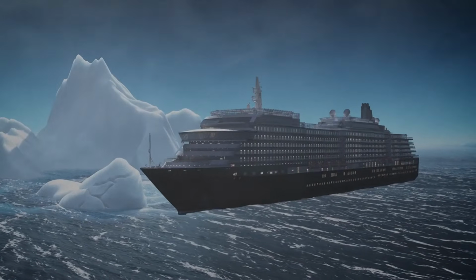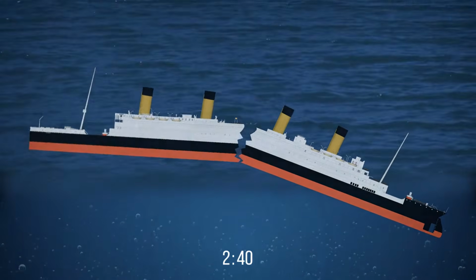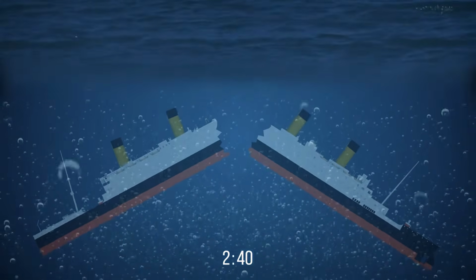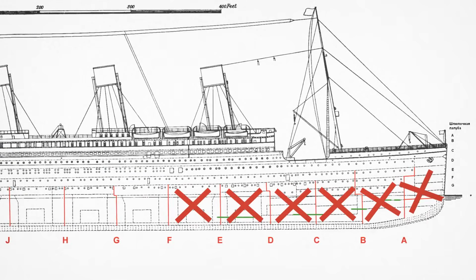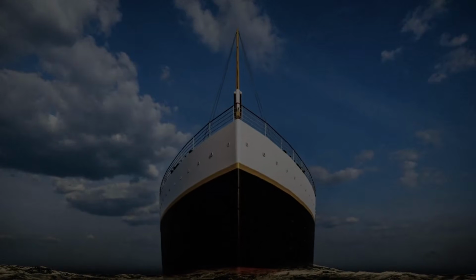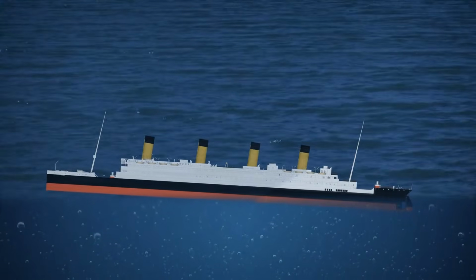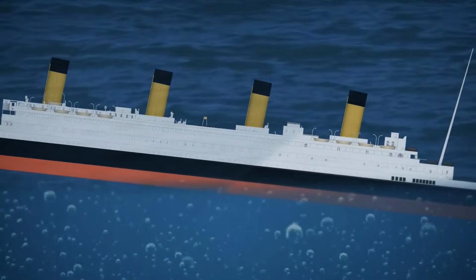When the famous ocean liner hit that iceberg, things got really messy. It took the future movie star a whole 2 hours and 40 minutes to submerge completely. The collision let water flood 6 out of 16 watertight compartments. As the water gushed into the starboard side, the ship started to tilt down in the front and a bit to the right. By midnight, the damaged compartments were spilling water into others, and it was chaos because these compartments